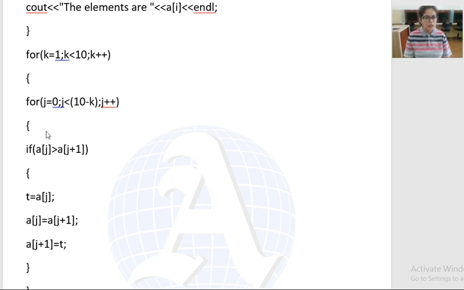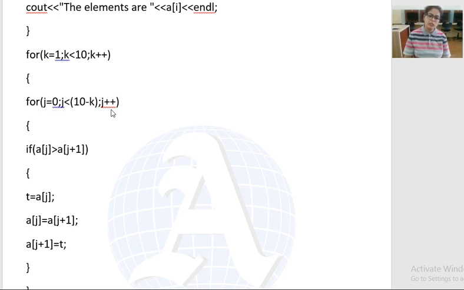Next, for example, if we are in pass number 1, we have to perform n minus 1 steps. N was 5, 5 minus 1, so in pass number 1 we have to perform 4 steps. Whereas in pass number 2 we have to perform n minus 2, which means 3 steps. In pass number 3 we have to perform n minus 3, that is 2. And so on. So in every pass, we have to perform n minus the pass number of steps.